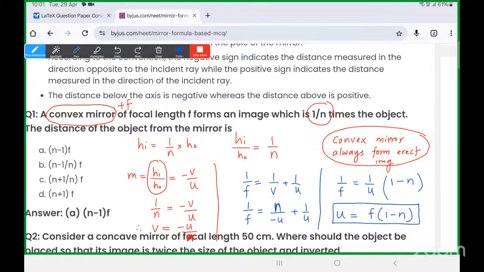ऑब्जेक्ट डिस्टेंस को नेगेटिव लेंगे ना, ओके। साइन कन्वेंशन भी यूज कर लिया है यहाँ पर। रुको एक मिनट, साइन कन्वेंशन भूल गए ना हम लोग। ऑब्जेक्ट डिस्टेंस नेगेटिव होता है। यहाँ पर देखो ऑब्जेक्ट डिस्टेंस नेगेटिव आएगा, तो नेगेटिव नेगेटिव पॉजिटिव हो जाएगा ना, ठीक है। ऑब्जेक्ट डिस्टेंस नेगेटिव है तो यहाँ पर ये नेगेटिव और ये पॉजिटिव हो जाएगा, ठीक है।